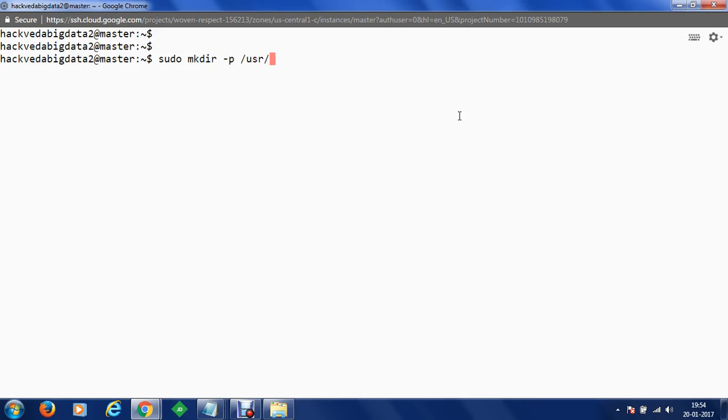So we'll be creating a new directory, /usr/local/hadoop. Within this directory, I'm going to create a new directory known as hdfs, and within this hdfs, I'm going to create namenode. I'm choosing hdfs/namenode because I have already specified this path in the configuration file which we have done in hdfs-site.xml. So let's just create a name node.